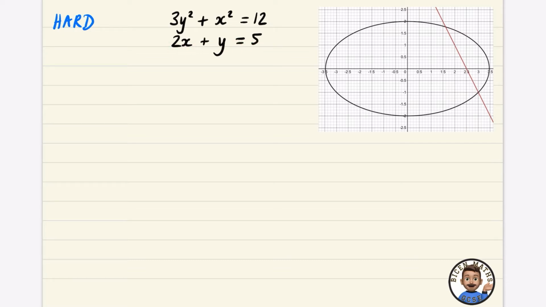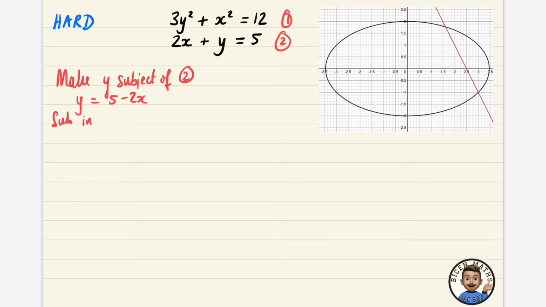So we need to make either x or y the subject. I'm going to pick equation 2 because I think equation 2 is going to look much more simple. So I'm going to make y the subject of 2. Very easy. I can actually just subtract the 2x. So y is just going to be equal to 5 subtract 2x. And now what I'm going to do is I'm going to substitute this into equation 1. So it says 3y squared plus x squared equals 12. So instead of writing y, I'm going to write (5 minus 2x), that's all going to be squared, plus x